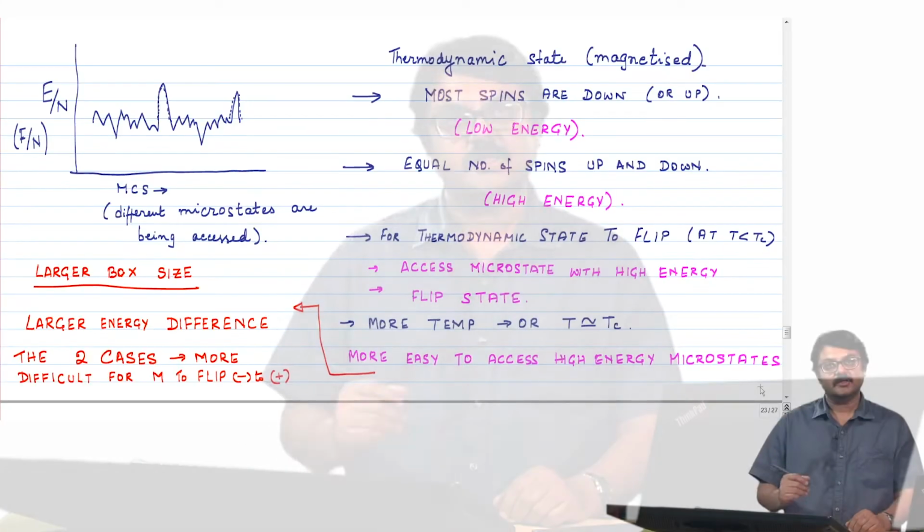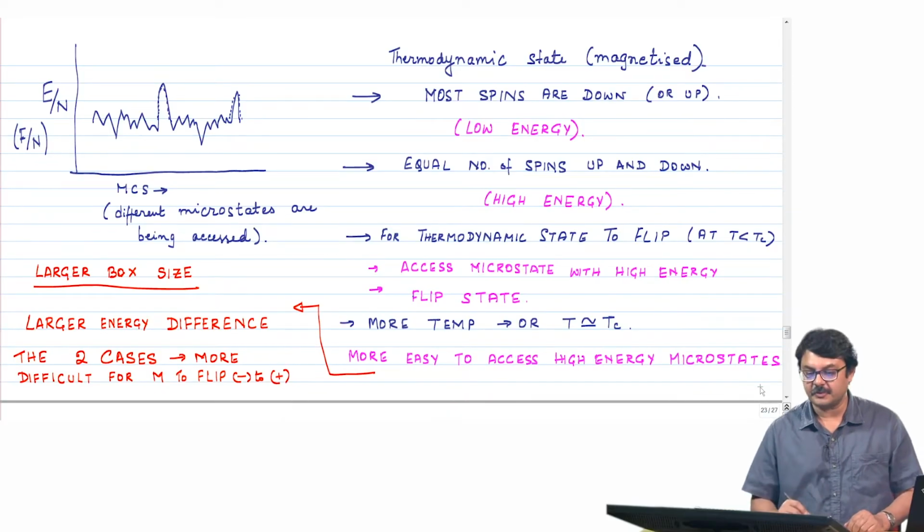The question we have to address is: why is it that the magnetic state of the system goes from negative to positive, and again after some time from positive back to negative, and this flip keeps on happening? And why, as we increase the lattice size, does the frequency of such flips become fewer? Okay. So, to understand that, let us go back to the board.